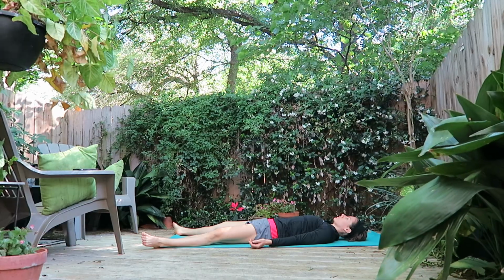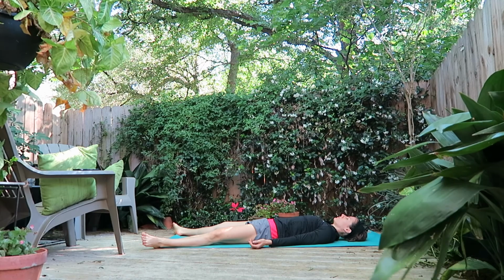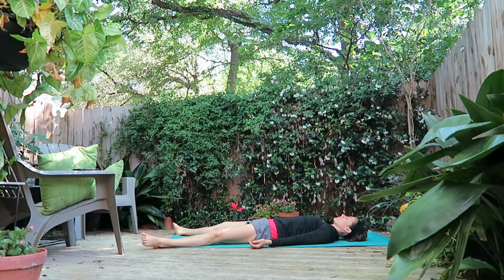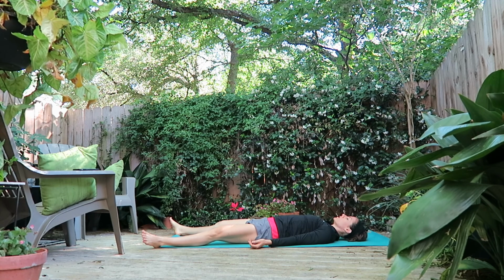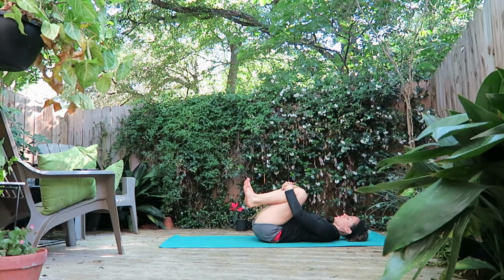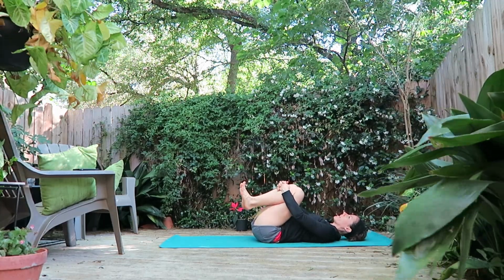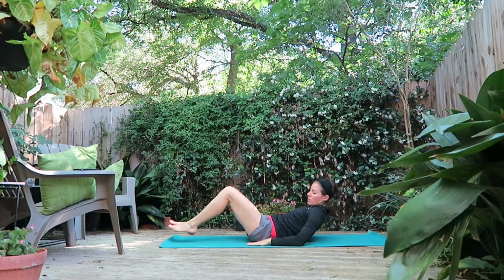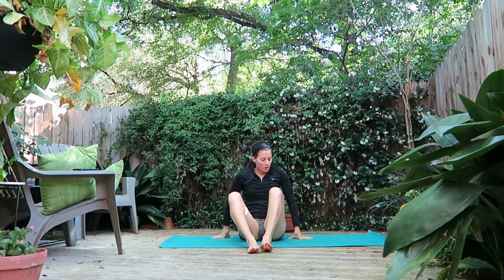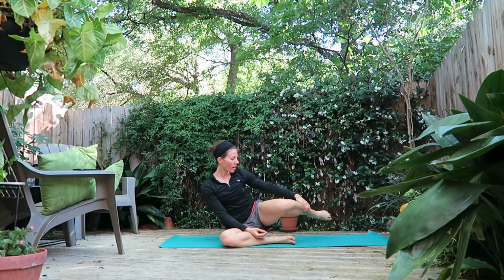Might bring your attention back to the breath, noticing the quality, temperature, texture of the breath. Maybe finding a wiggle in the fingers or toes. From whatever position you're in, just slowly drawing the knees to the chest, wrapping the hands around the shins, giving yourself a hug, and very slowly coming up to a seated position, just moving carefully, mindfully, slowly,